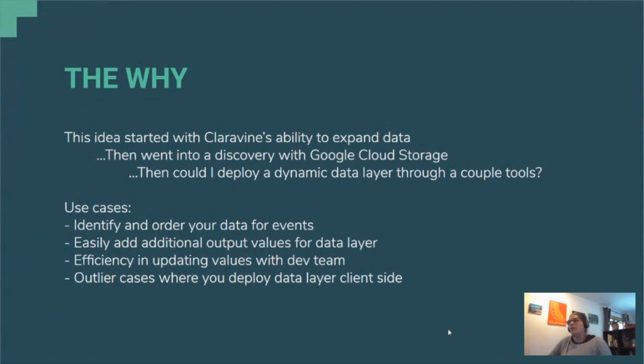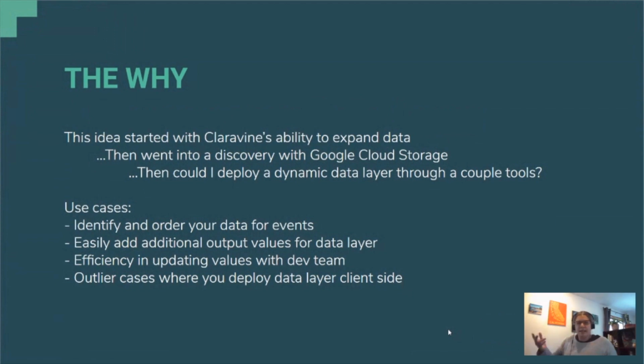So after discovering that, we also have outbound integrations, with Google Cloud Storage being one of them, and a couple other cloud environments as well. So we can export data from Claravine to these cloud storage environments, and in a couple different file types, actually. We have an Excel file format, CSV, and more importantly for this exercise, we can export with a JSON file. So once you format data, you can send that off to a cloud environment.